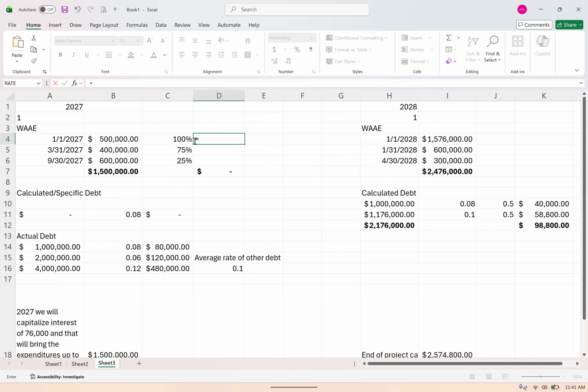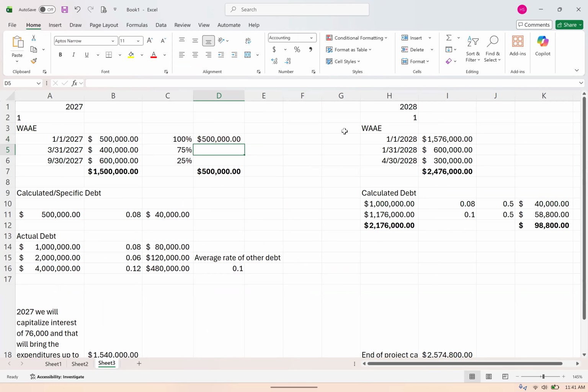I'm going to take that number and multiply it times the 100%. Yes, we know it's going to be 500,000. Okay. I have some automatic formulas that are going to populate as we go. Okay. I want each one of these to go across so I can just drag and drop that formula all the way down. And I know it's right because I did calculate 950,000. Okay. So that problem, they went on to tell us that